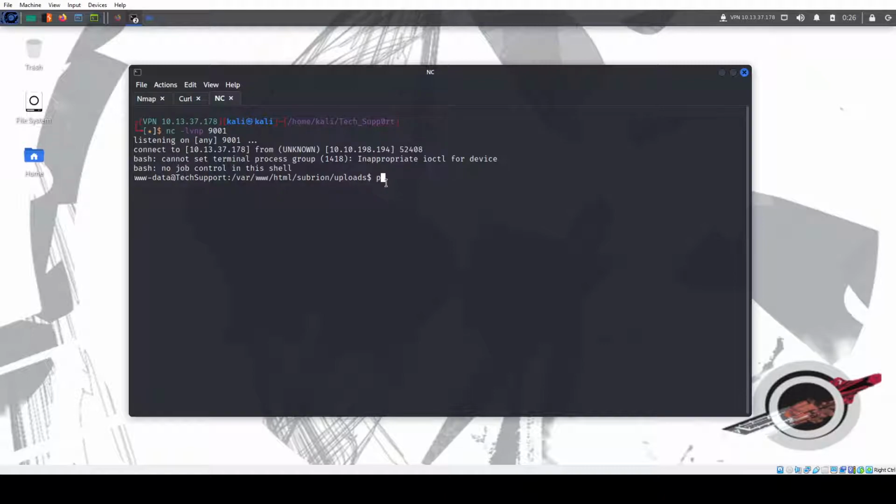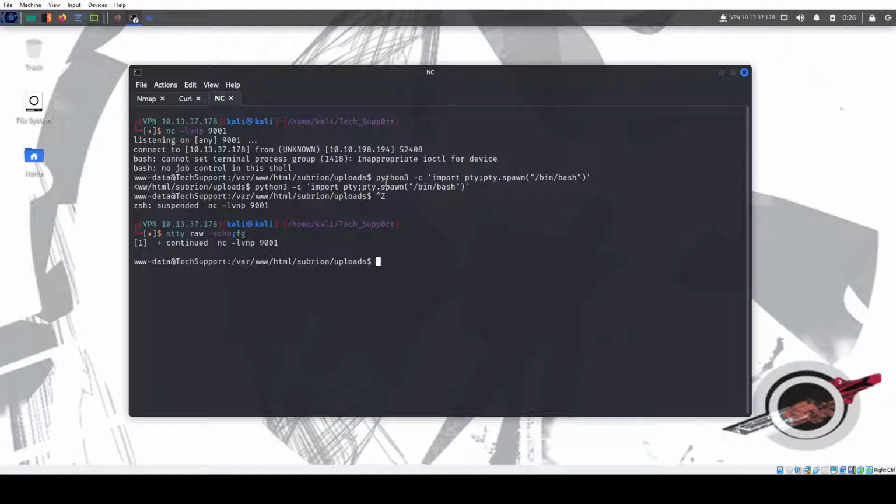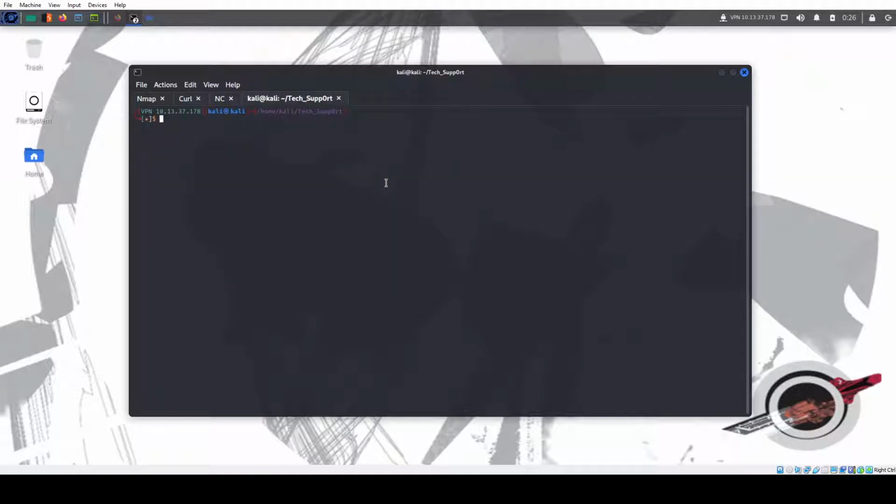So now we can upgrade it. Python3 -c import pty.spawn bin bash. Control C to background, stty raw -echo; fg, press enter twice, export TERM=xterm. Now, still not done. That's just to upgrade my shell to have a more interactive one. You see how the f wraps around and it gets all weird. We can do